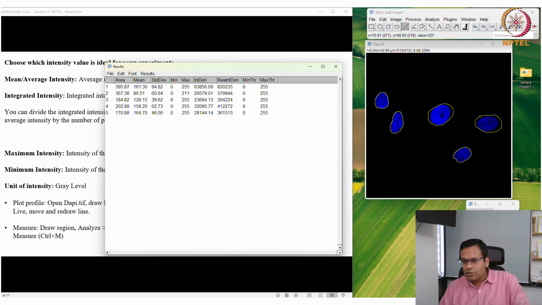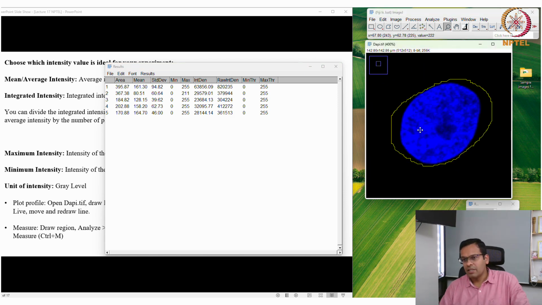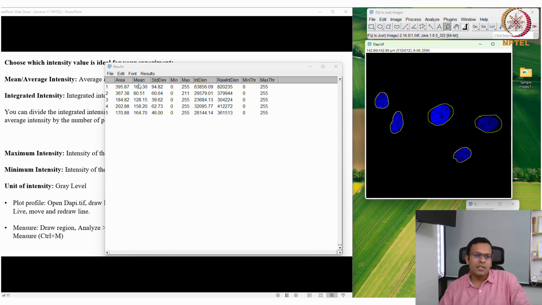Because here we have covered so many black pixels. Okay, as you can see, while making the region of interest, we included so many black pixels. So it will measure the fluorescence intensity of these black pixels, which will be 0, and it will take the average of those values along with the average of all these pixels. And that's why, though this is the brightest nucleus, intensity-wise it is not the brightest because of a lot of black pixels.